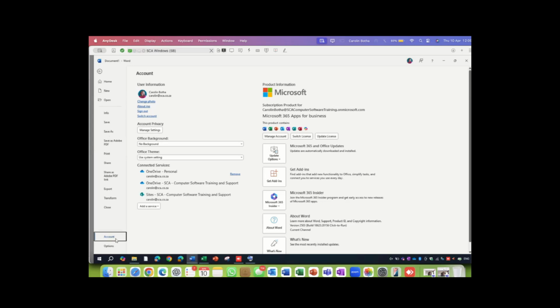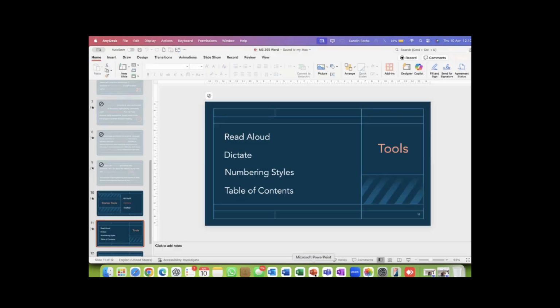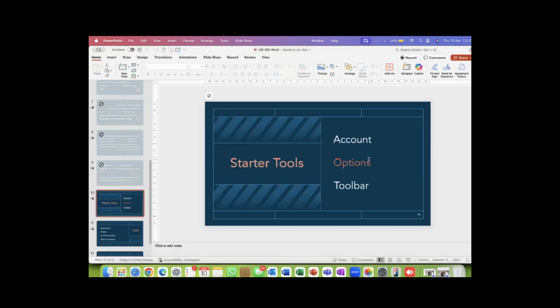If you go to File and you go to Account, on the right-hand side, it will indicate which package you have. And secondly, on the left-hand side, it will show you what you have been signed in on. Exactly that Microsoft account. I also mentioned yesterday, it's totally free to create a Microsoft account, but you need to buy the license for whichever package you prefer. Next, let's head back to the presentation and let me show you options.